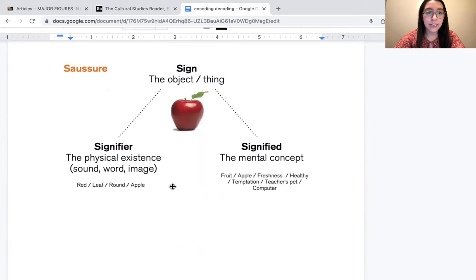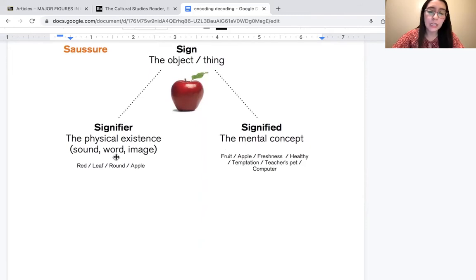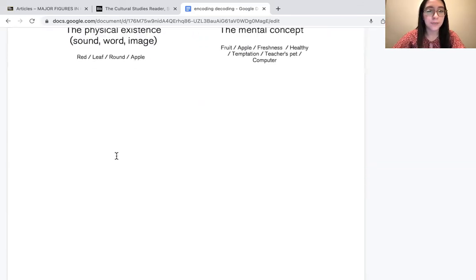So we have the signifier, the physical sign, the object or thing being the apple. And then the signified we see right here is going to be the concept. So fruit, apple, freshness, healthy, like I mentioned, wellness, whereas the signifier back over here to the left is going to be red, leaf, round, apple, just the basic adjectives to describe what the sign is.